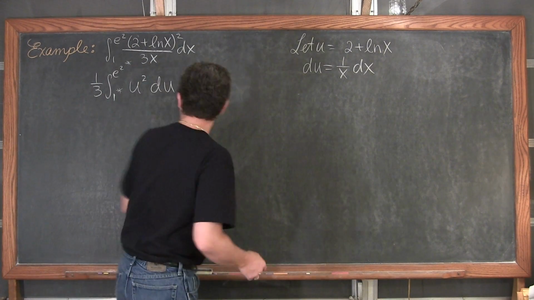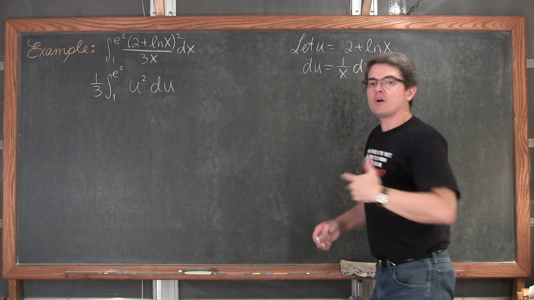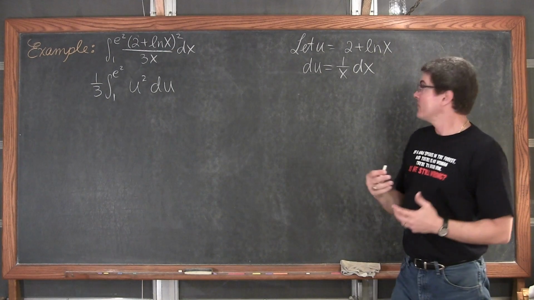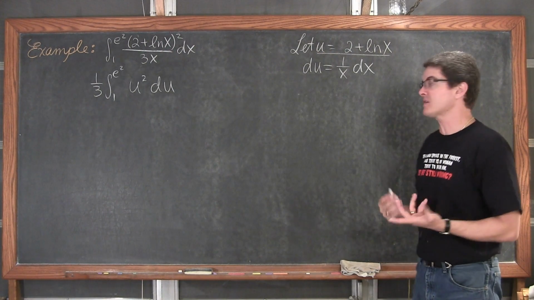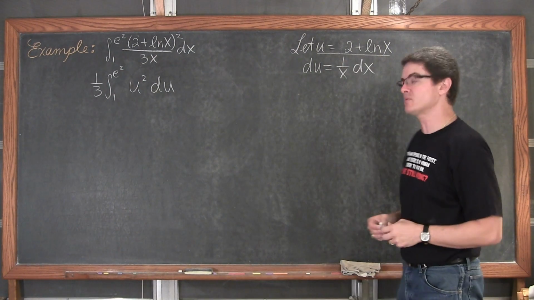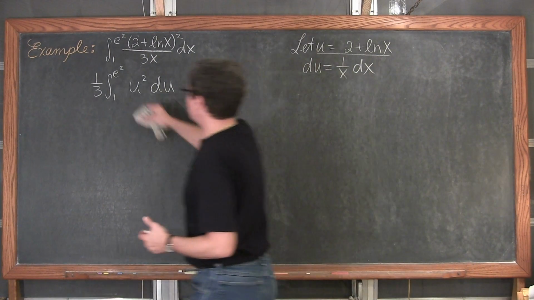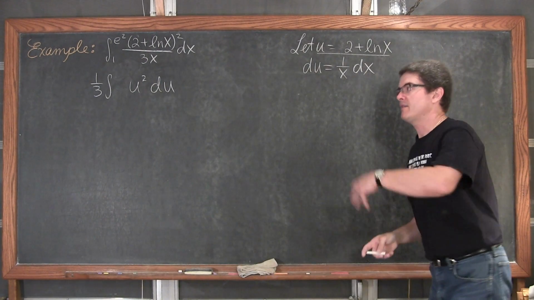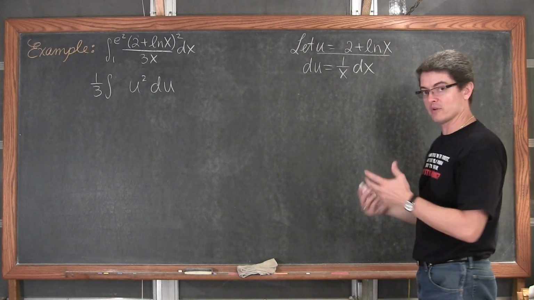Remember, when we talked about definite integration with substitution, we don't have to go back and substitute this back in if we use this equation that u is equal to 2 plus natural log of x. I can rewrite these lower and upper limits in terms of u as opposed to in terms of x. And then I could just continue the problem in a much simpler manner. And so I'm just going to take these out and write everything in terms of u. Maybe leave them blank or put an asterisk next to them and denote that they're really for a different variable.